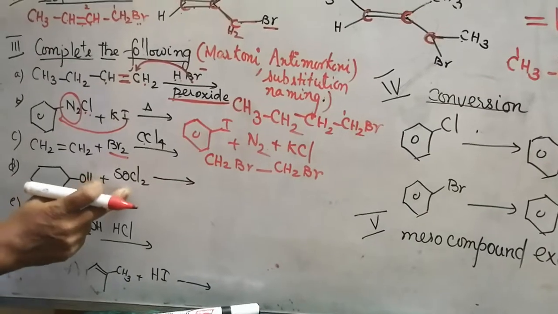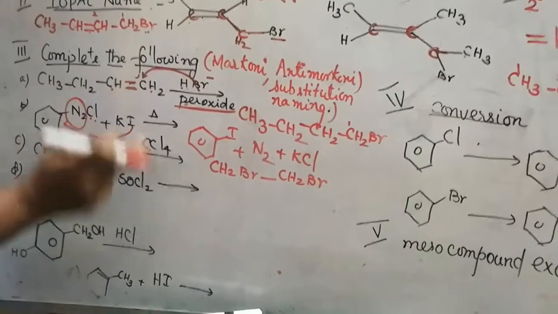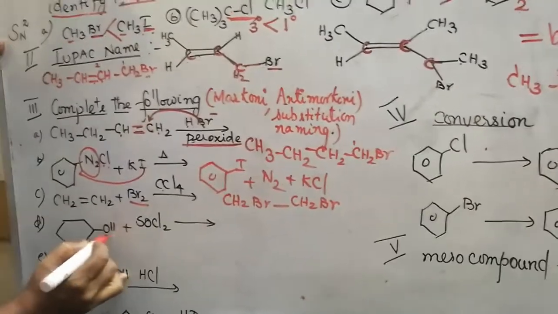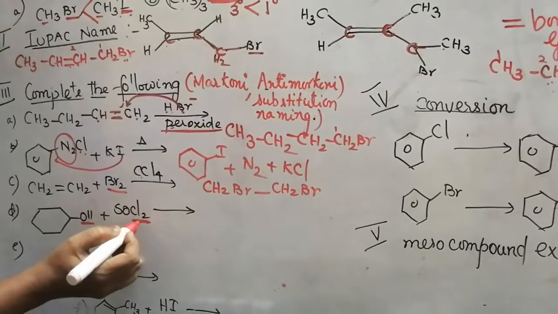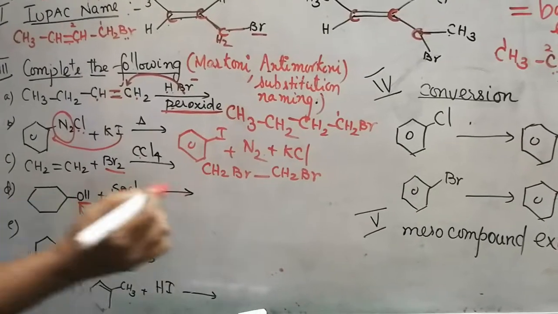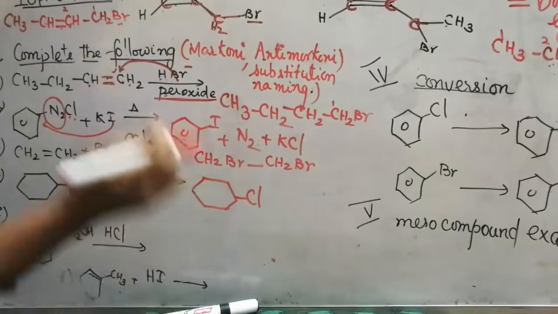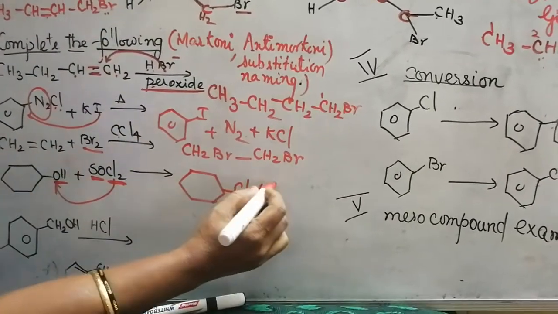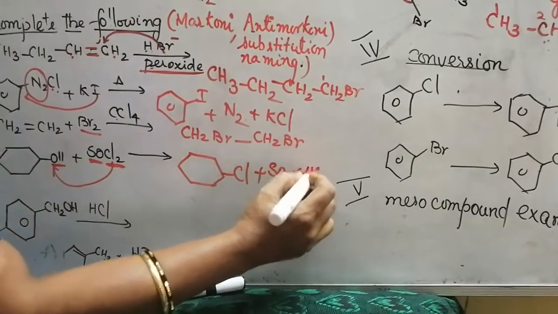Now this is called Darzens process, which we have learnt. It is the best method also. You might have seen it in the previous videos. The OH can be easily substituted by Cl, a nucleophilic substitution reaction. The Cl will go in, so you will get chlorocyclohexane, plus the oxygen will be taken up by the SO and changes into SO2, plus one hydrogen will take up the other Cl and form HCl.